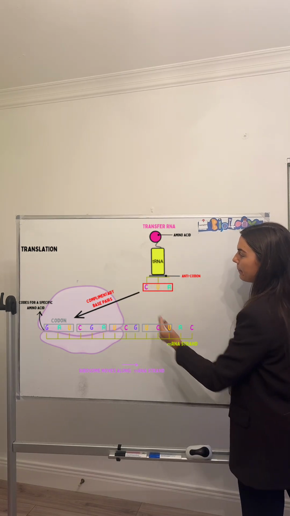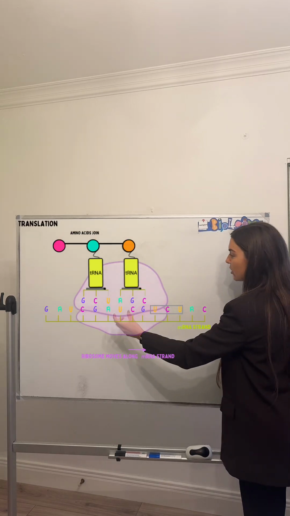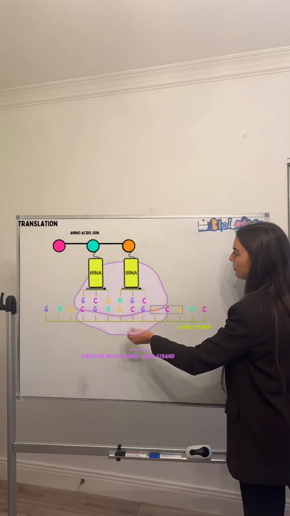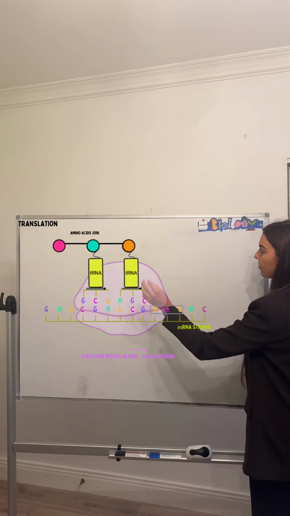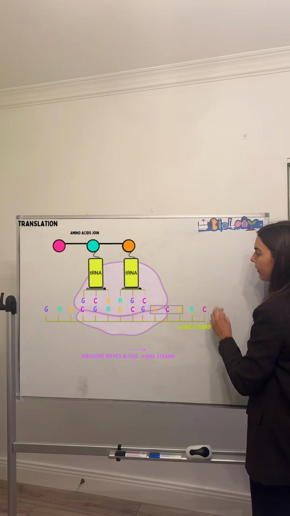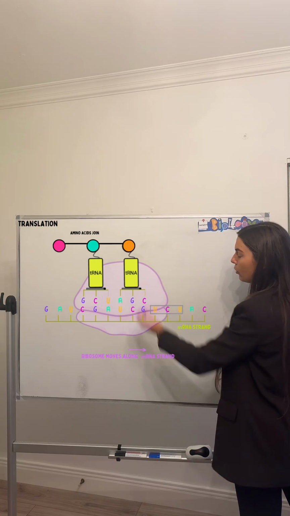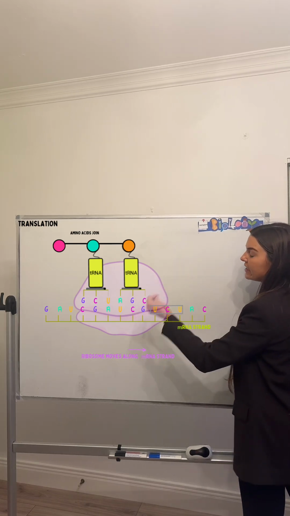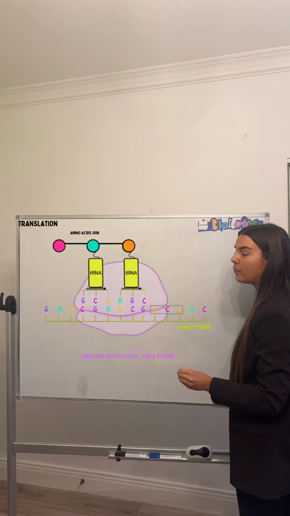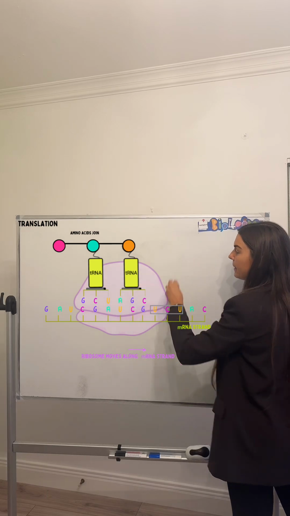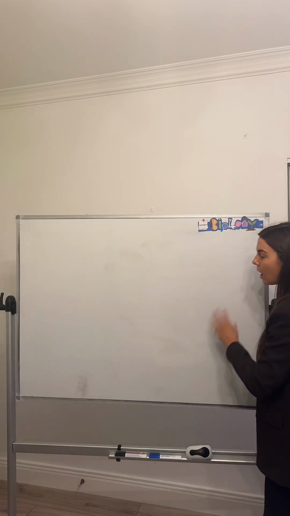And then what's going to happen is the ribosome moves along the mRNA, and the next codon codes for amino acid proline, which will come in and bond on, and then this is going to continue. The ribosome is going to move along the mRNA. Now what happens is when the tRNA has come in, brought the amino acid, eventually the tRNA detaches and leaves, leaving its amino acid behind. The sequence of amino acids are joined together by peptide bonds,